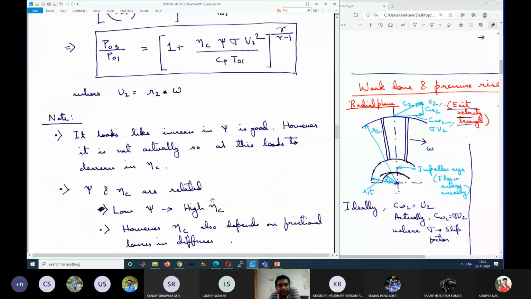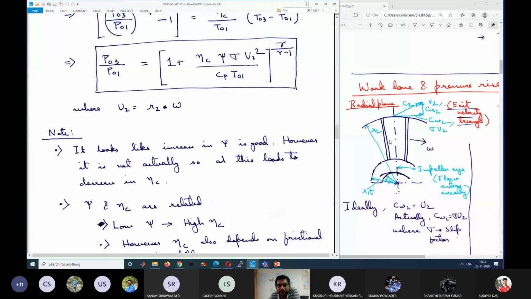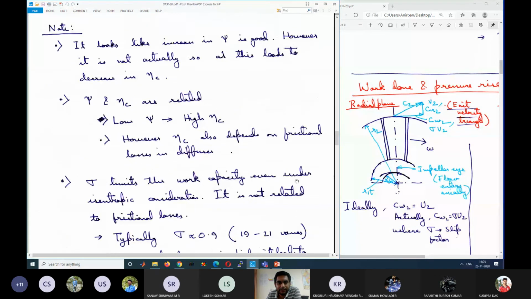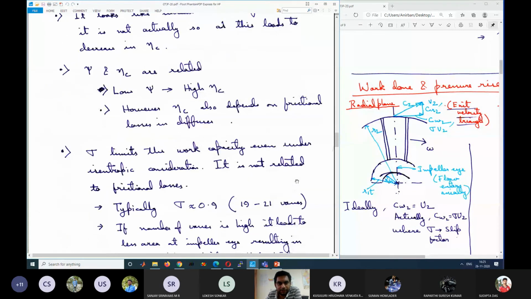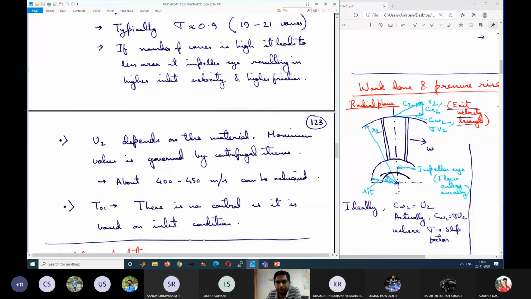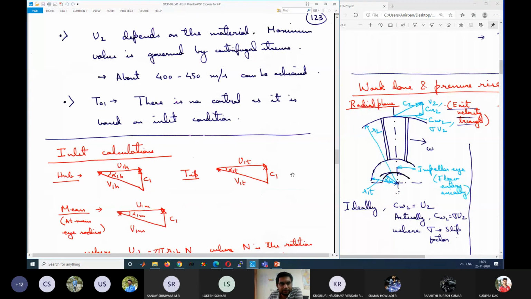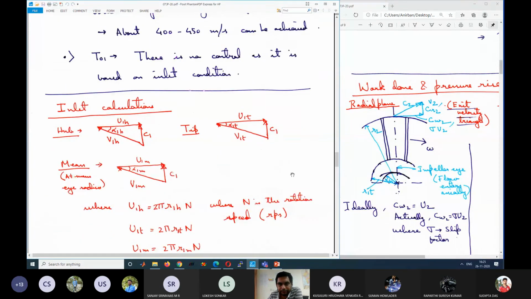And this is how we need to calculate the pressure ratio based on the velocity diagram. I will give you 2 example problems to solve in the next class. It has homework problems where you can see how these are related. All these we have derived are related, like how to calculate C2 and angles. I will just introduce you to the problems, but this is homework, which means you don't have to give it to me. The problem sets are just for your practice. I will upload it today itself so that you can start practicing them.